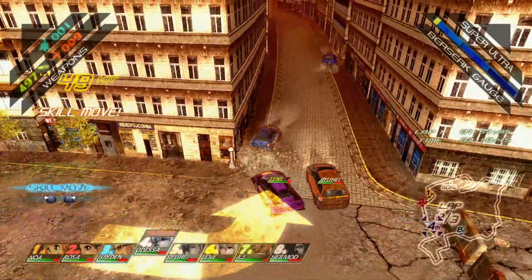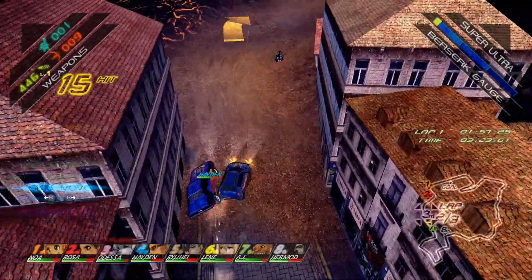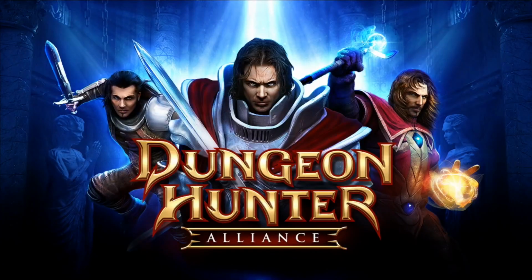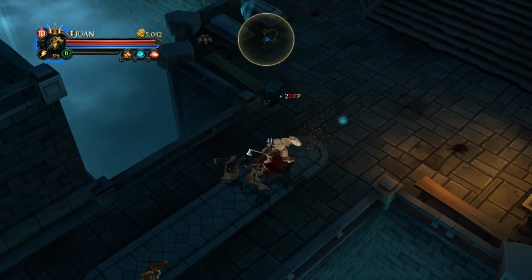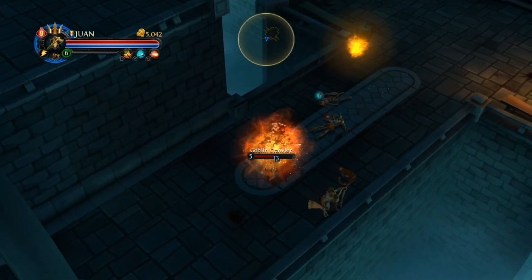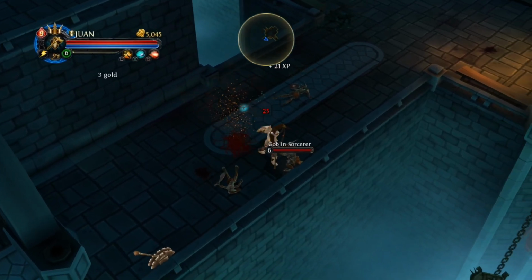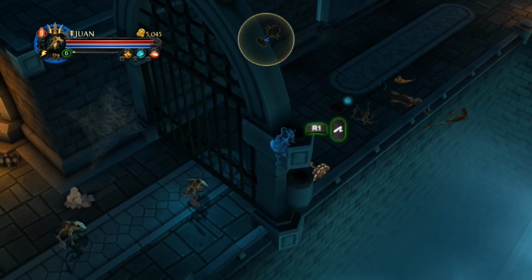Another game that I'm not going to say is great, but it was a fun play just to see what the demo was like, is Dungeon Hunter Alliance. These games came out way back in the day on iOS. I think it's also available on the Vita, but this game on the PS3 is basically a Diablo clone. I think the reason this game was not that successful is that you have Diablo on the PS3, but the